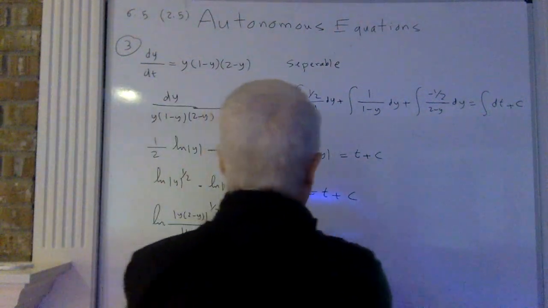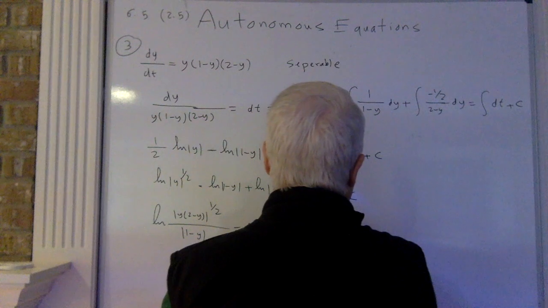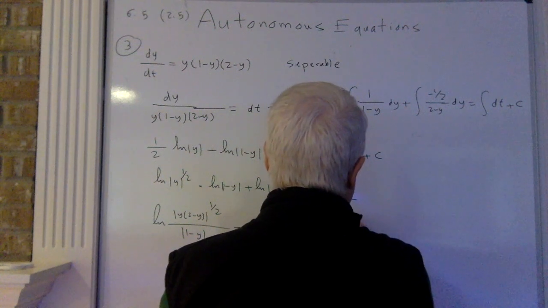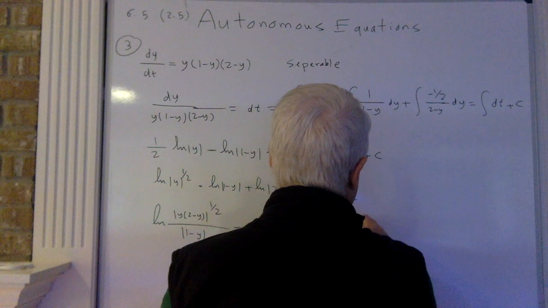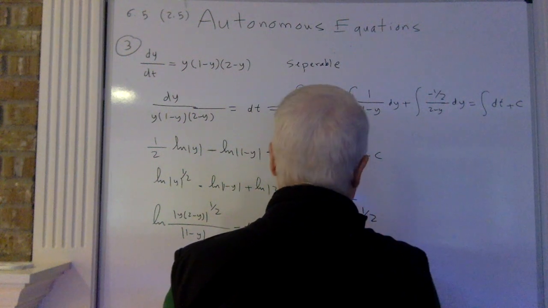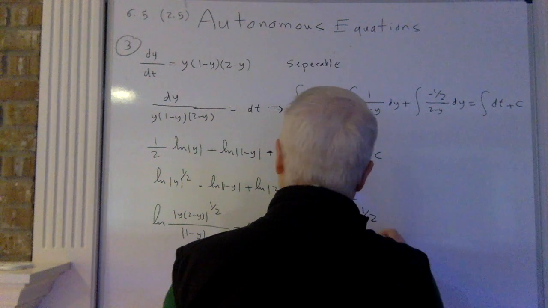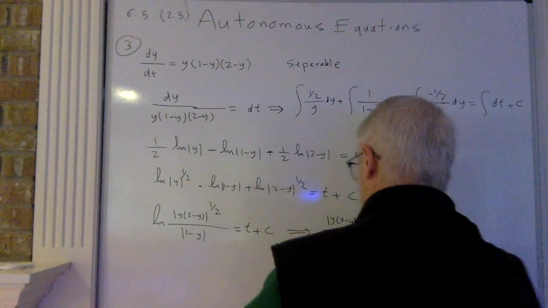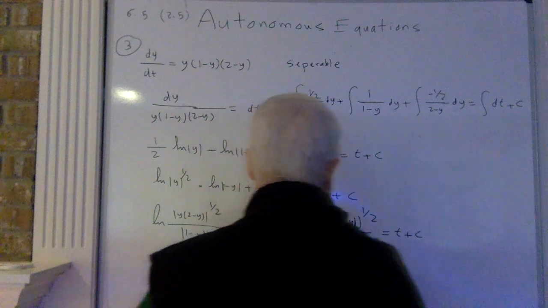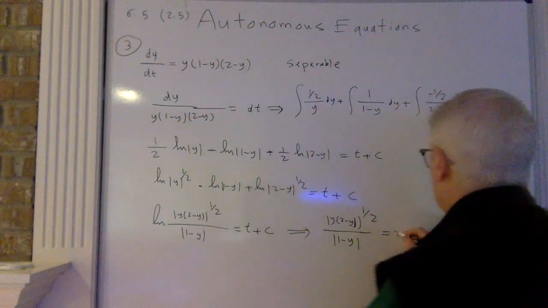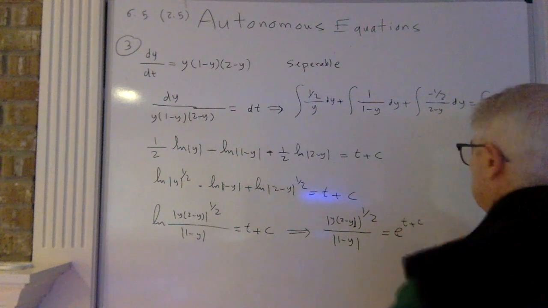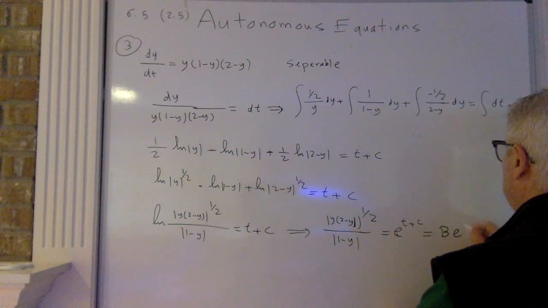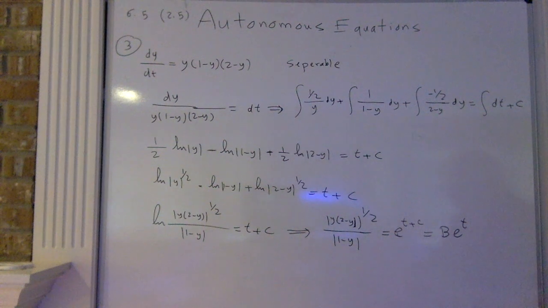Okay. So this gives me y times 2 minus y to the 1/2 over 1 minus y equals e to the power t plus c, which is in fact some constant b e to the power t. Now, you might say, okay, well, that is a solution, that's correct. That is a solution. But